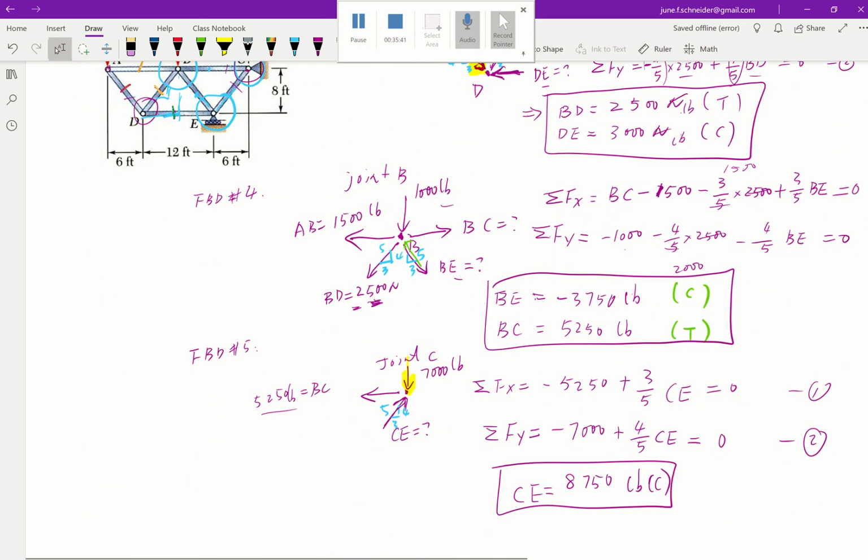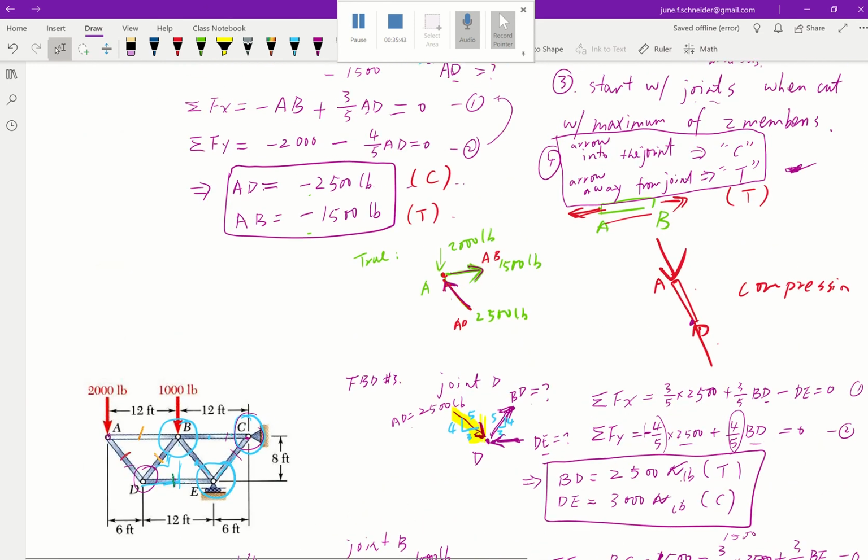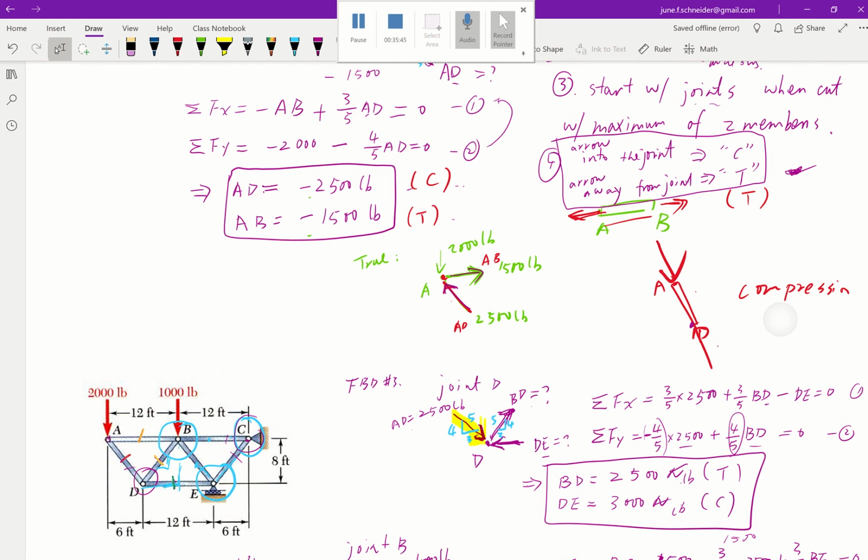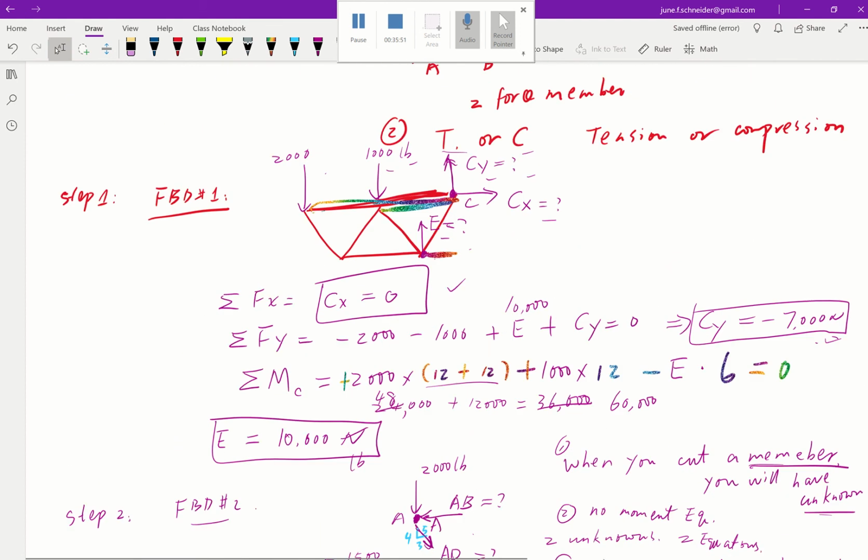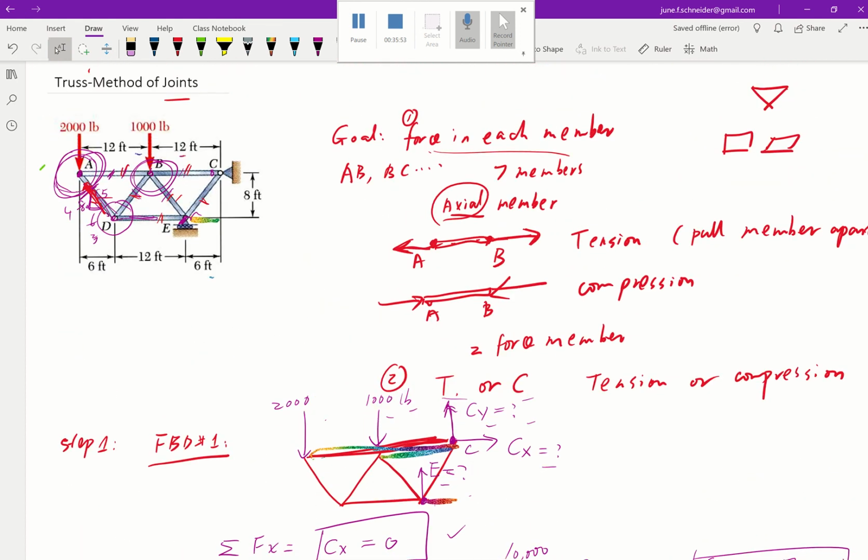And one thing, this is very tedious. If one answer is wrong, that's going to lead the other answers wrong as well. So be really careful using the method of joints, and it's like a domino effect, because your next FBD, your next joint is built upon your